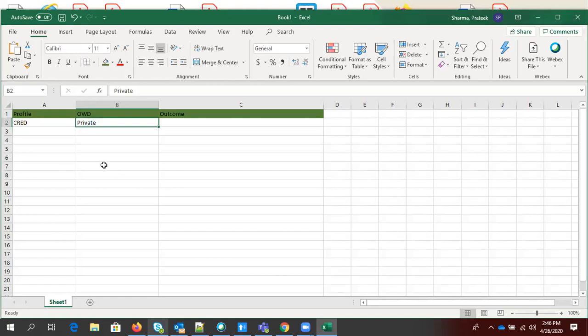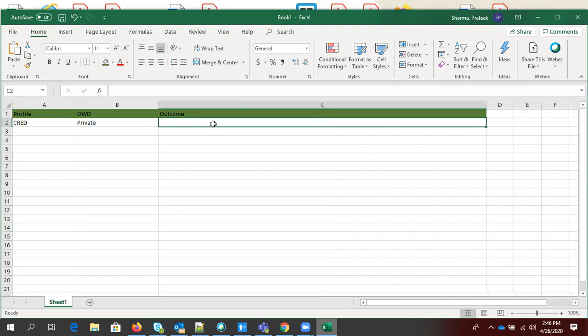We have already discussed, if OWD is private for any object, then your access level will be restricted based on your ownership. You can only access the records in which you have ownership, right? Is that clear, guys? Yes. Simple, there is nothing rocket science here, right?